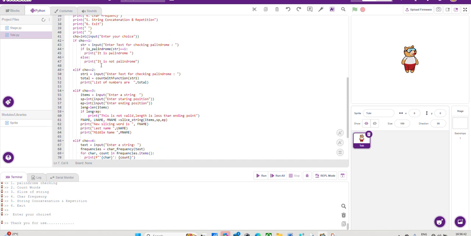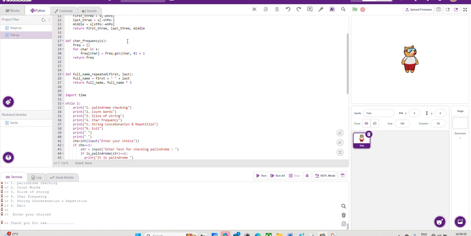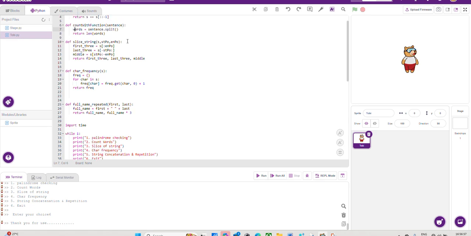It is passed into one function known as slice string, and 3 parameters are passed. Those parameters go here, and assume this is the sentence, this is the starting position, and this is the ending position. From the beginning to this ending position, it will separate that part from the string and store